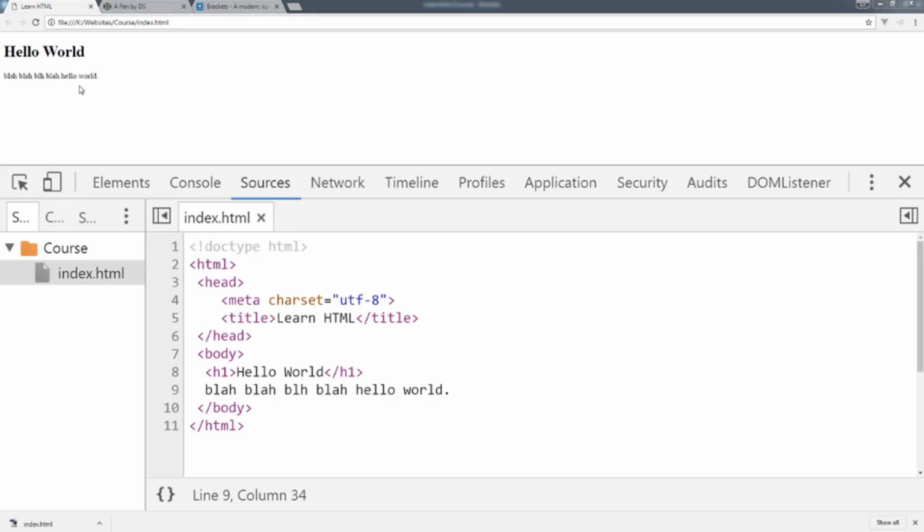The reason is that search engines are going to be going and reading through all of your content, and once they hit these H1s, they're going to know that these H1s